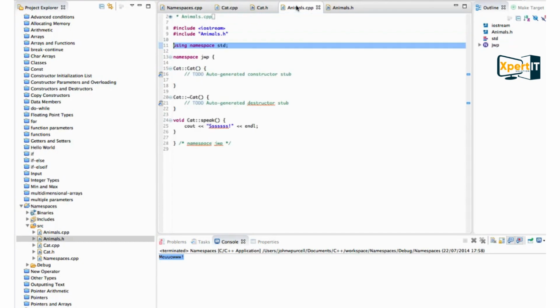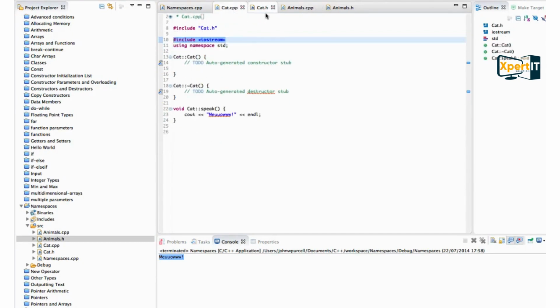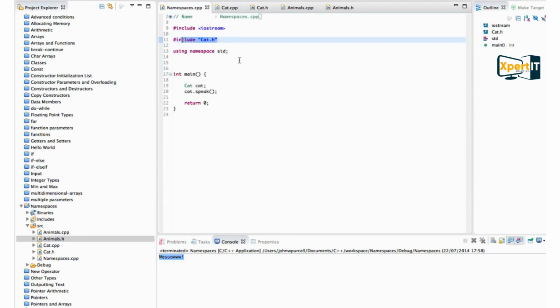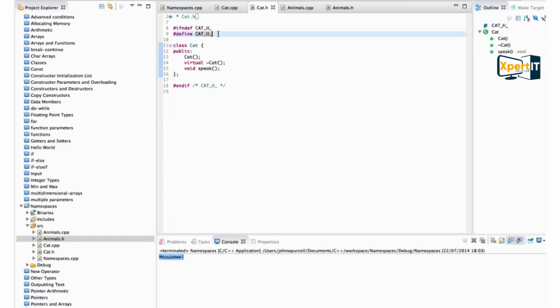Let's put this cat in a namespace. So in cat.h, I'm also going to put this in a namespace. So if we go back to our main project, I think this still compiles. Let's just run it, make sure. So this is still working, but what I'm going to do is go to cat.h, and around